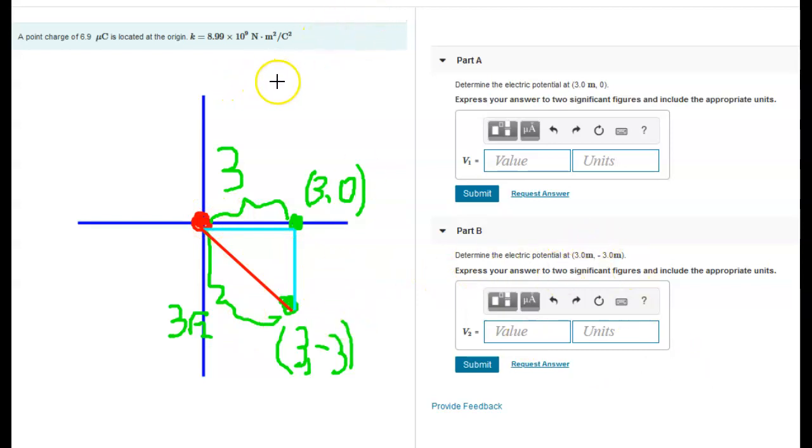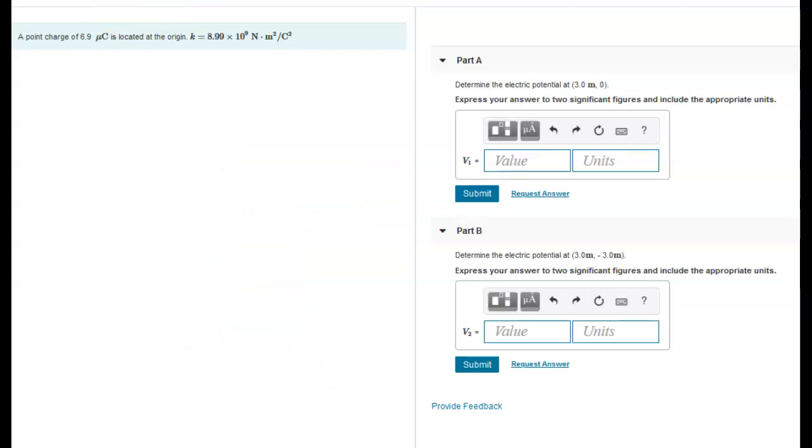But in terms of the equation, again, it would be k, Coulomb's constant, times the charge, 6.9 microcoulombs for me, divided by this distance. And it's no longer squared because that is not how the equation for electric potential works. All right, so hopefully that'll help us with that question. Moving on to,